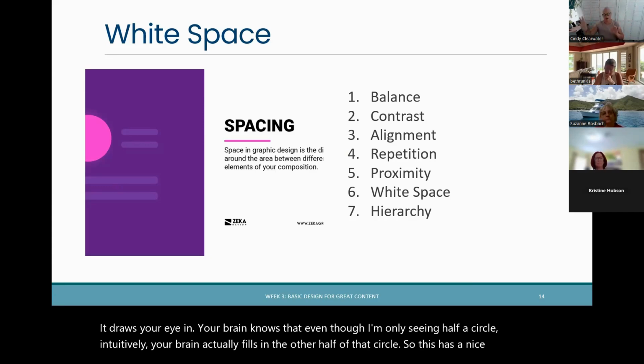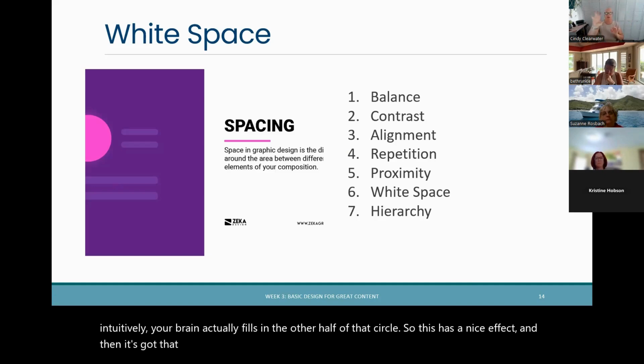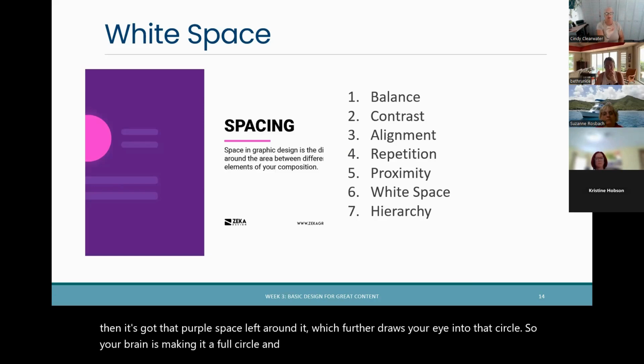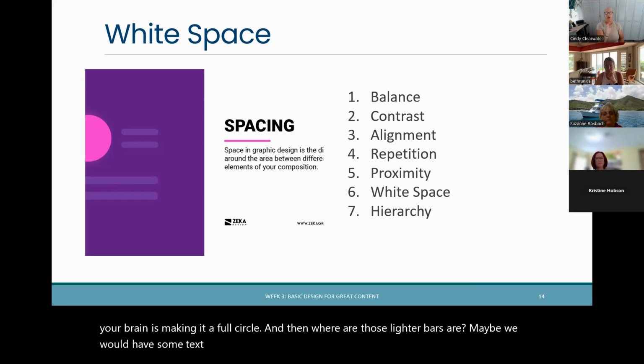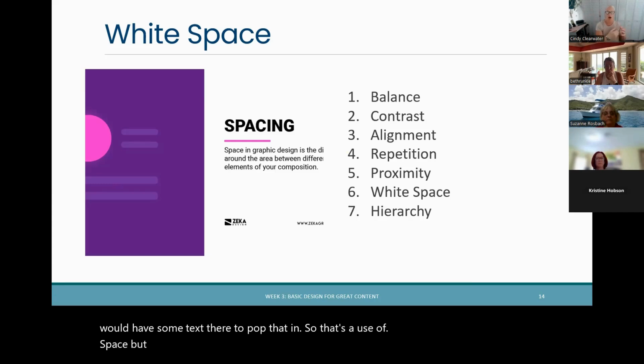And then it's got that purple space left around it, which further draws your eye into that circle. So your brain is making it a full circle. And then where those lighter bars are, maybe we would have some text there to pop that in. So that's a use of white space, but it's color. So these are two different sort of good examples of the use of white space